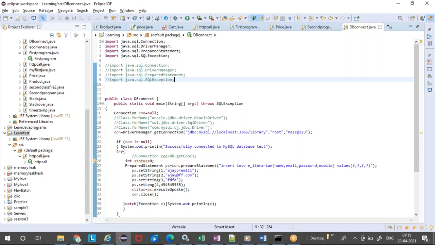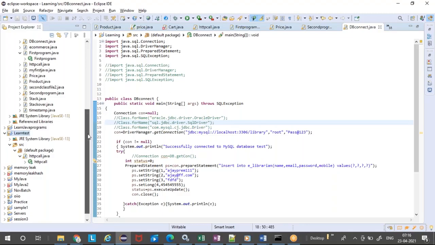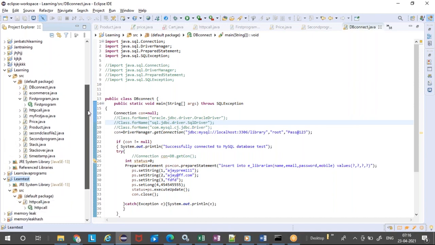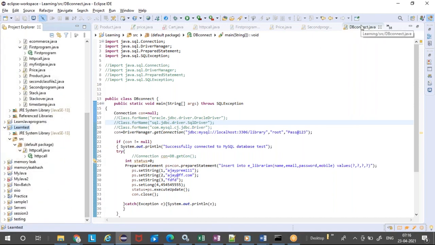For example, in our case, for connecting to a DB, we need a jar file. You will go and download that jar file from the internet. Whenever you search for this DB connection, it is going to say we need to use this jar file. You need to download the jar file from the internet, and once you download it to your physical machine, you need to add that to your project. For example, where is my DB connect? Learning SRC, learning.